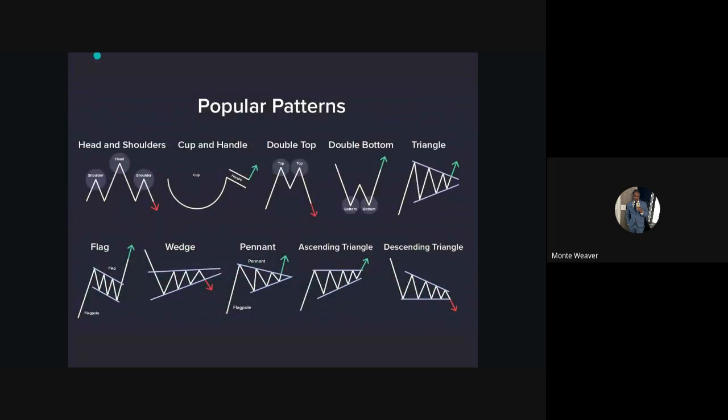Next, a lot of people were talking about charting, and a lot of people wanted to know, what do I need to look for? What am I actually looking for on the chart to know if a stock is going to go up or down, right? These are the main patterns that you need to use. And I'm going to show you after this presentation an example of some of these patterns on the chart, right?